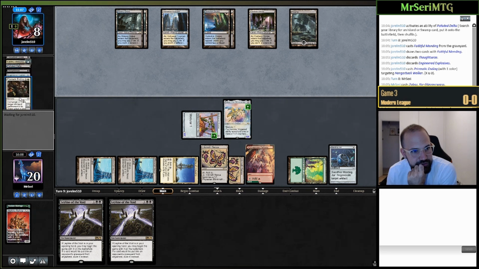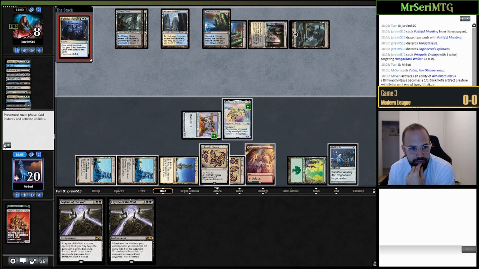But yeah, if they find a persist, we're fucked. And there's no way we can cast this Leyline. And once you cast it, I'm really convinced that the way forward would have been